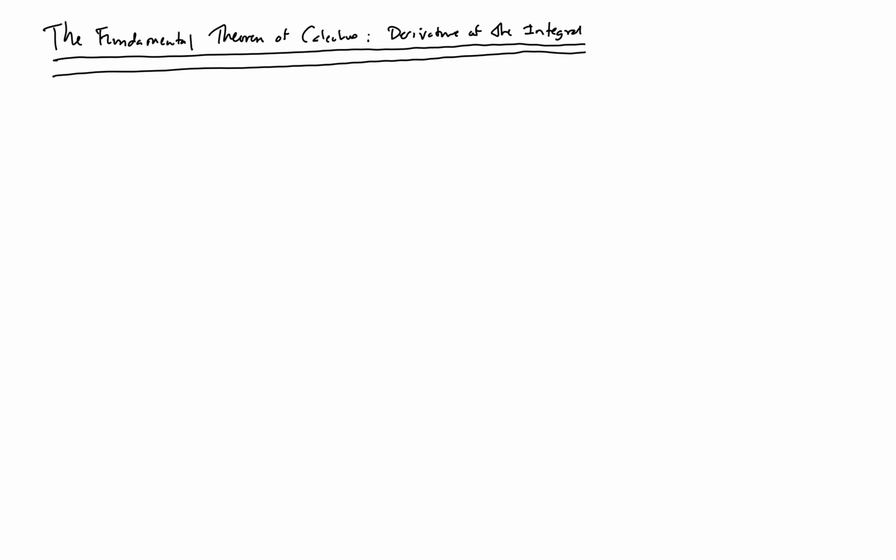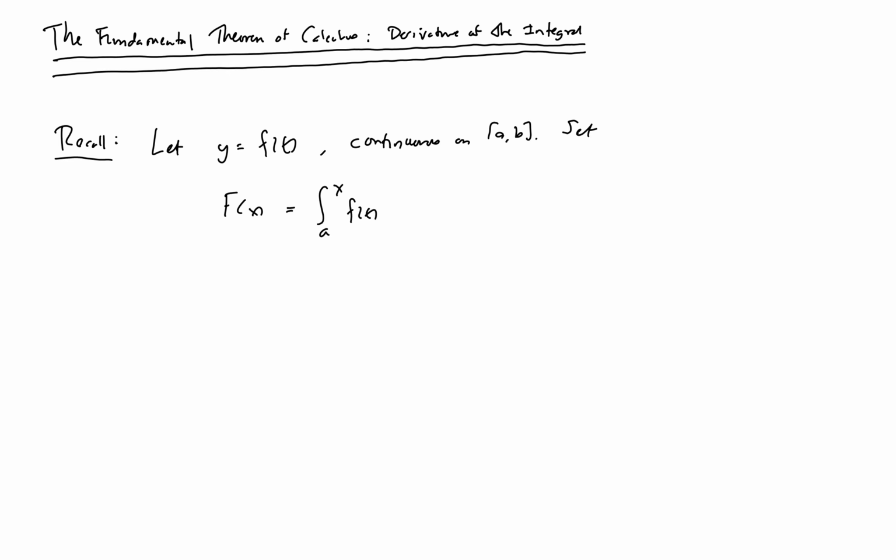So we're going to talk about the fundamental theorem of calculus, the derivative of the integral form. So let's just recall what this says. To start with, we covered this in the flip class video. So let's let y, say, be some function f of t, and let's suppose this is continuous on some interval ab. Let's set capital F of x to be the integral from a to x of f of t dt. Then f of x is continuous